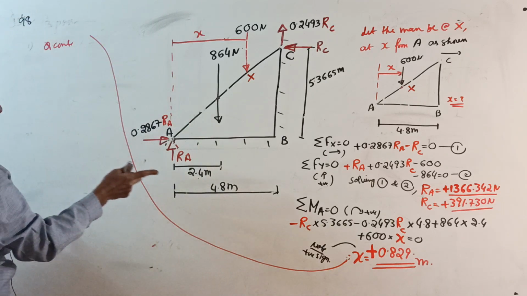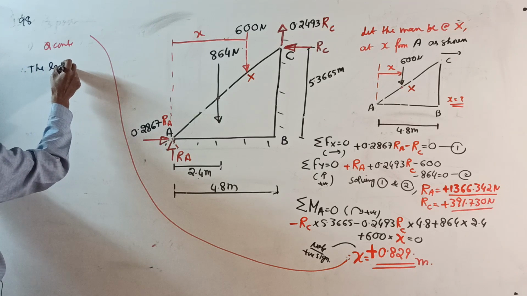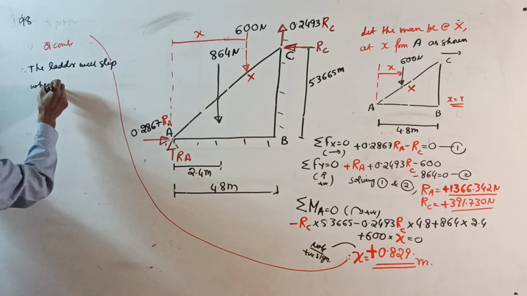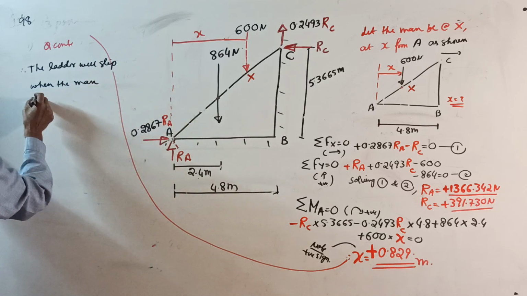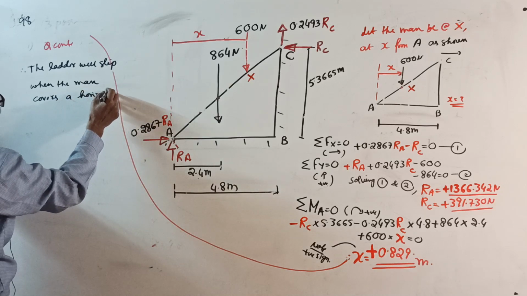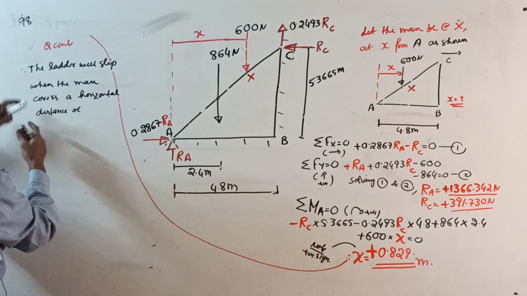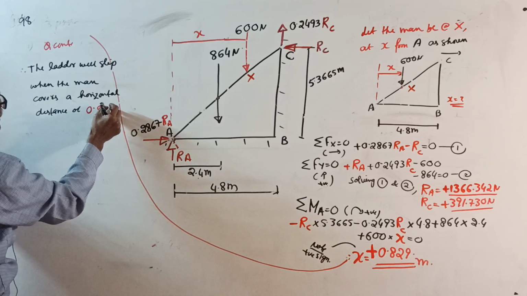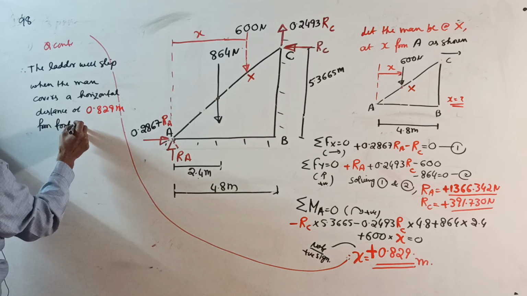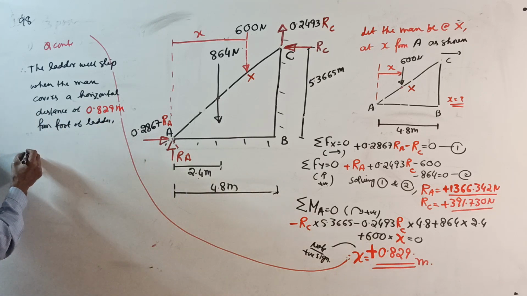So x got 0.829, right? Therefore, the ladder will slip when the man covers a horizontal distance, not along the ladder, horizontal distance of 0.829 meter from the foot of the ladder. That means, see here,